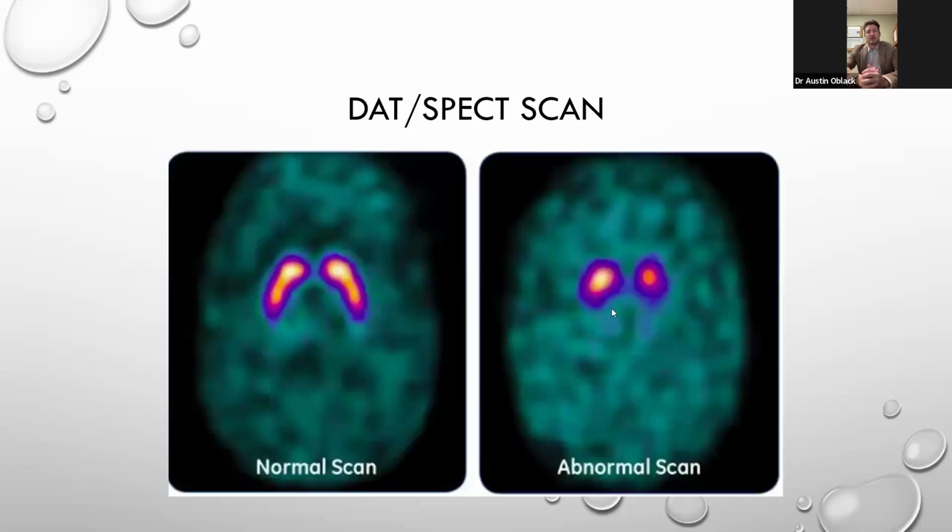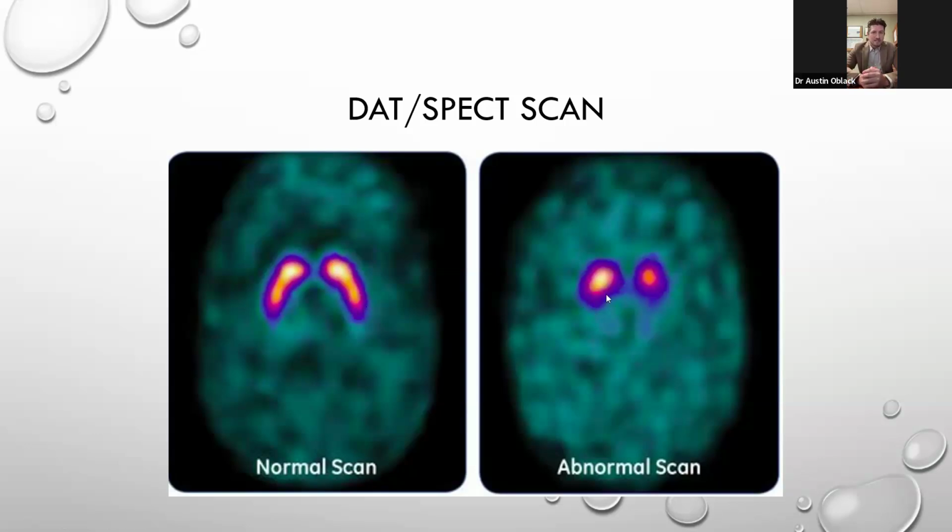So this is an example of one. On the left, you see a normal scan. And so, as I said, this tracer goes into the brain and it lights up these areas called the basal ganglia and putamen. These areas here is what we'd like to call the nice comma shape. And so that's a nice, healthy brain, good full absorption of the radiotracer as compared to an abnormal scan where you start to lose that tailing off of the putamen and basal ganglia,